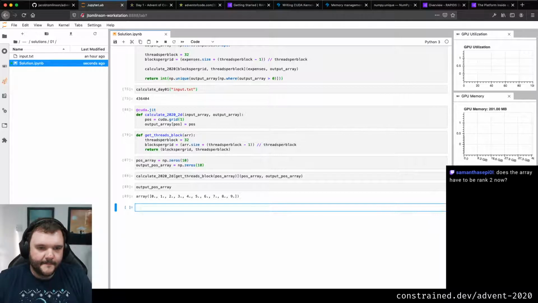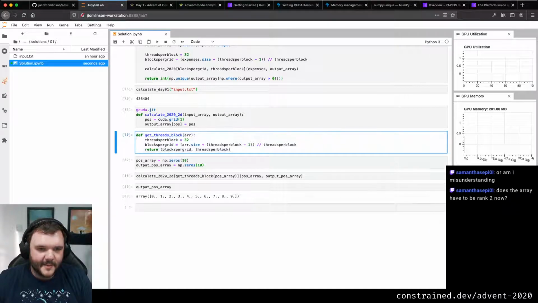If I do, it's probably going to be around this, isn't it? Threads per block. Maybe like that. Does the array have to be rank 2 now? As in 2D? And I think the output array probably does, but the input doesn't.